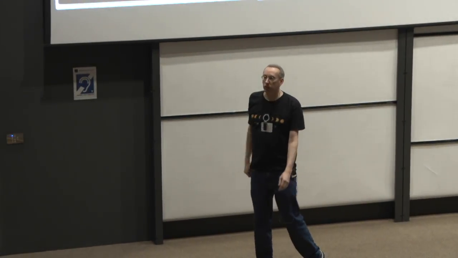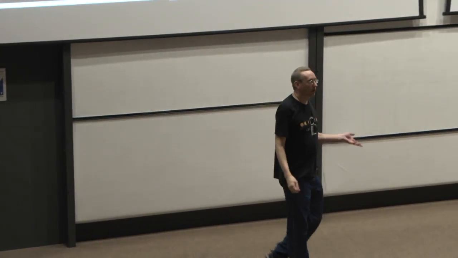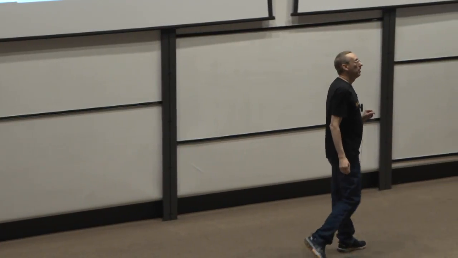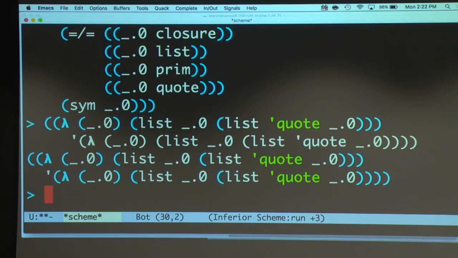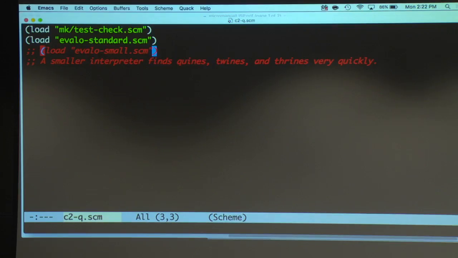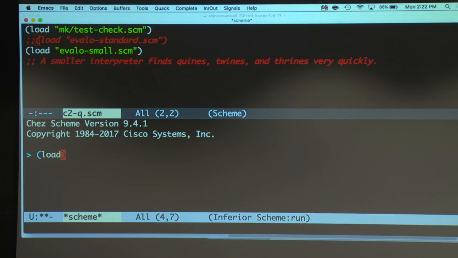Okay, so what if we wanted twines, which are two programs, P and Q, such that P evaluates to Q and Q evaluates to P, and they differ? How do we do that? Well, first of all, the real answer is I'm going to change interpreters, so we don't sit here for a while. It'll come back, but I only have 18 minutes total.